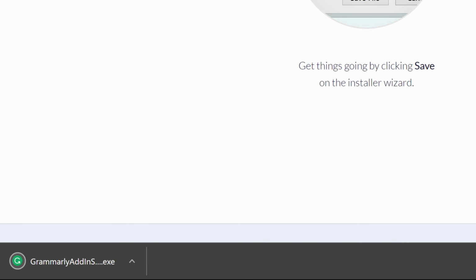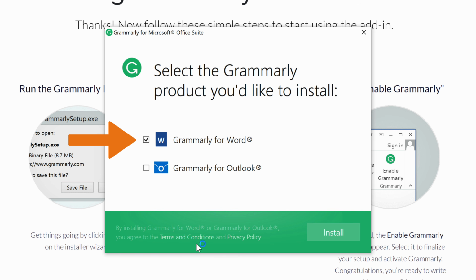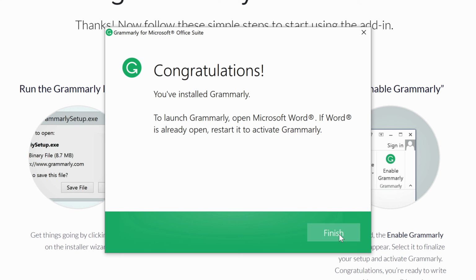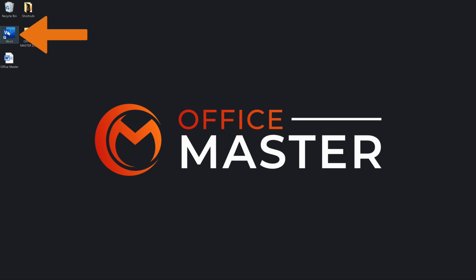After it finishes downloading, click the file on the left of the bottom bar of your browser window. In the Welcome dialog box, you should select Get Started. Then you'll check the box next to Grammarly for Word and click the Install button in the bottom right corner. Select Finish once the installation ceases. Now open a Word document,